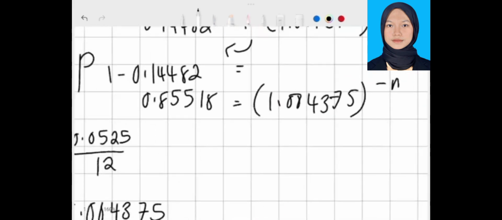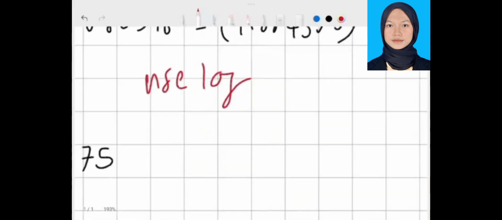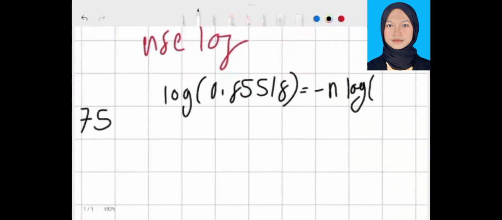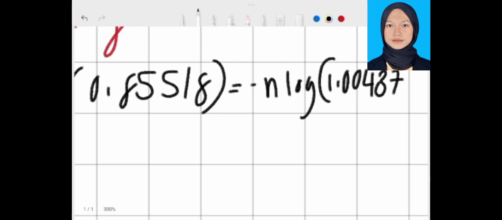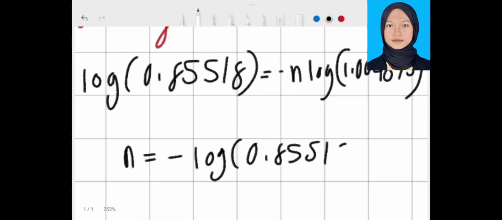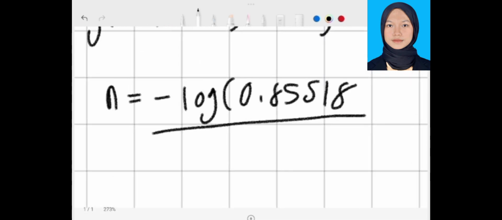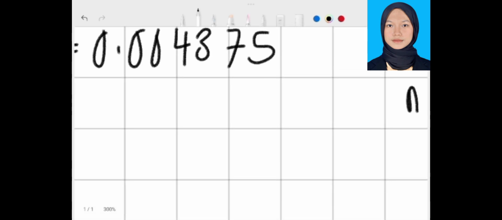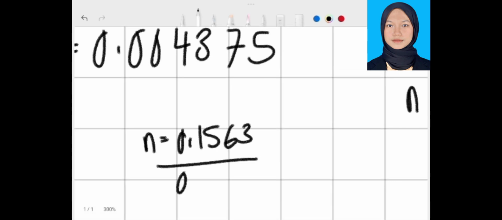To get the negative N, we need to use the log function as I said. So log 0.8558 equal to negative N times log 1.00435. We bring the N to the right, so N equal to minus log 0.8558 over log 1.00435. So we get the answer: N equal to 0.9563 over 0.00435. We divide, so we get